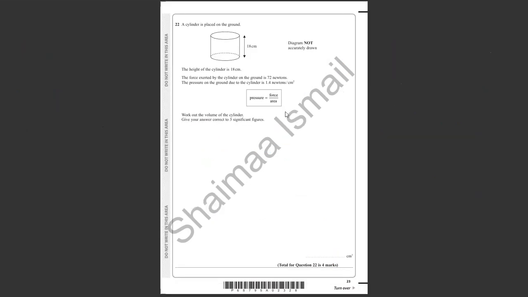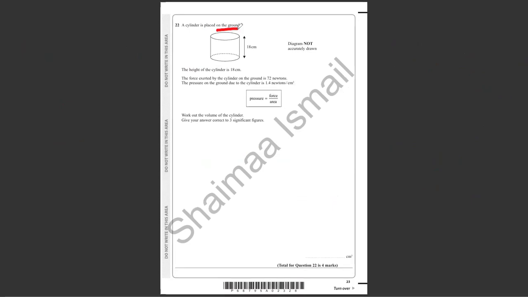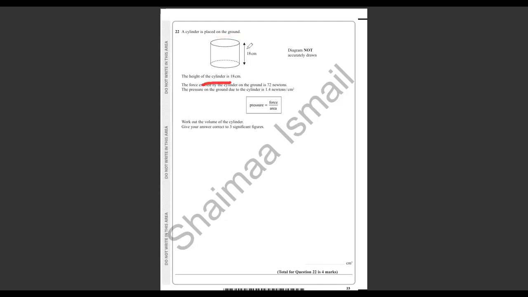Here in question 21, 22, we have a cylinder placed on the ground. The height of the cylinder is 18. The force exerted by the cylinder on the ground is 72 newtons. The pressure on the ground from the cylinder is 1.4. Remember that we have a rule that says